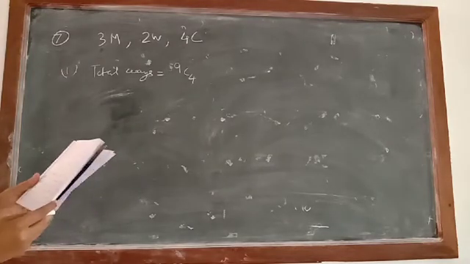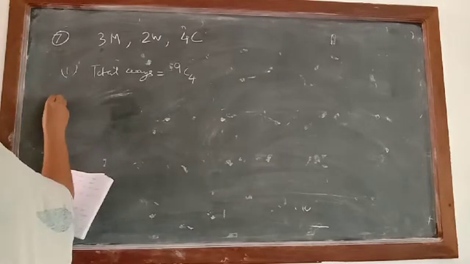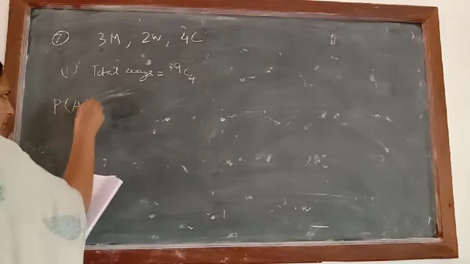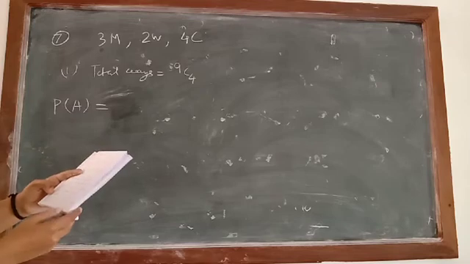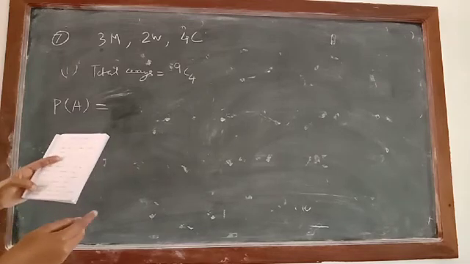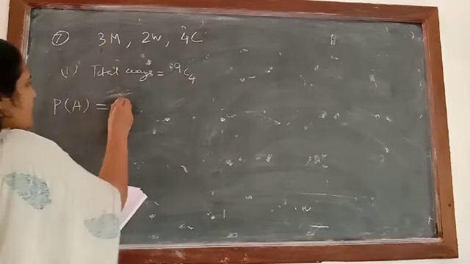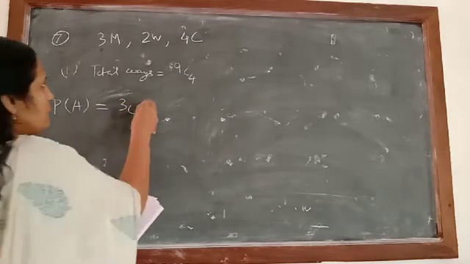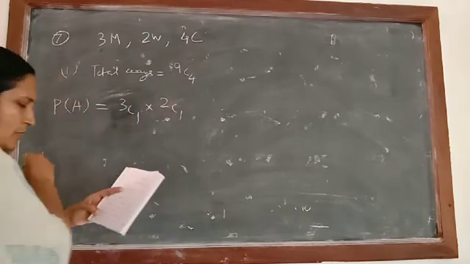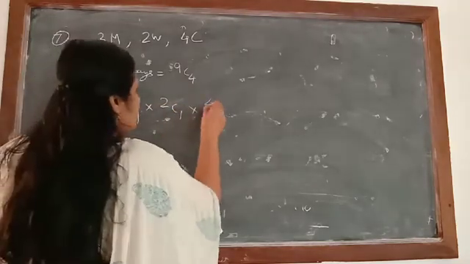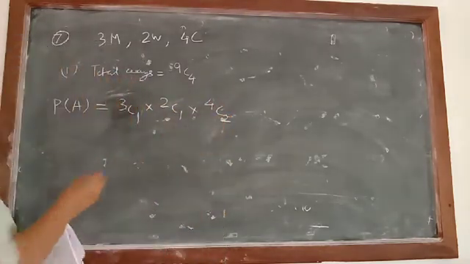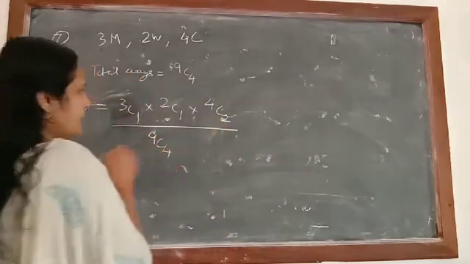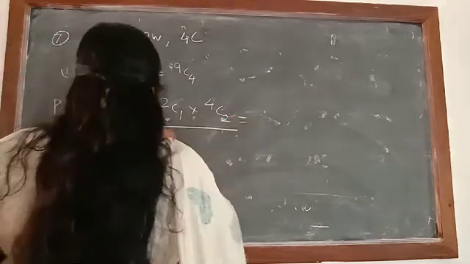Now we can check the condition there. Find the probability of. So first one, suppose probability of 1 man. That event I am taking as A there. So we have to select 1 man. 1 man, how we can select from 3? Yes, it will be equal to 3C1. And we have to select 1 woman. So it will be equal to 2C1 and 2 children. So out of 4 we need 2 there. By total number of ways of selecting 9C4.